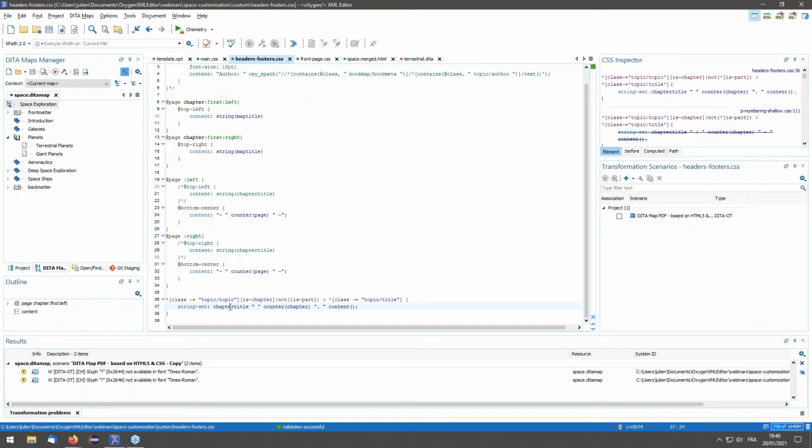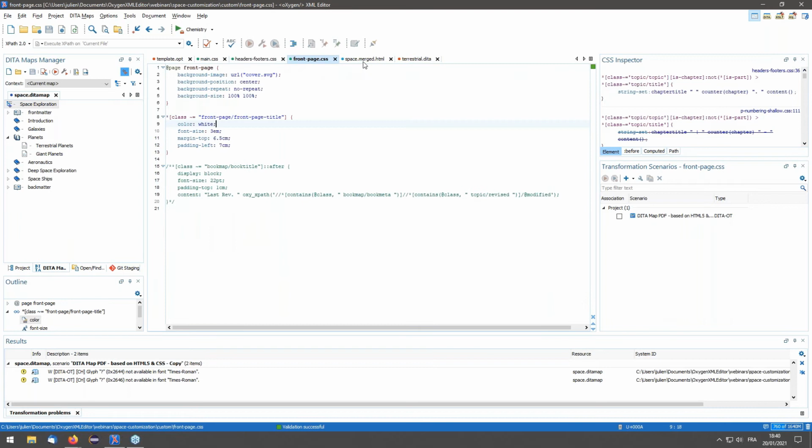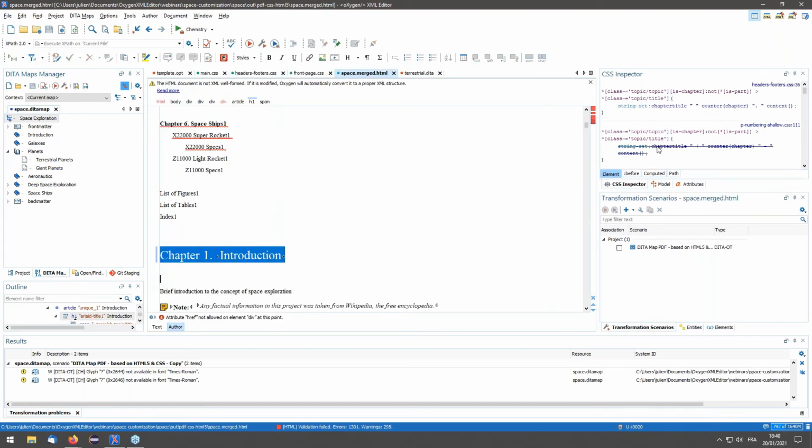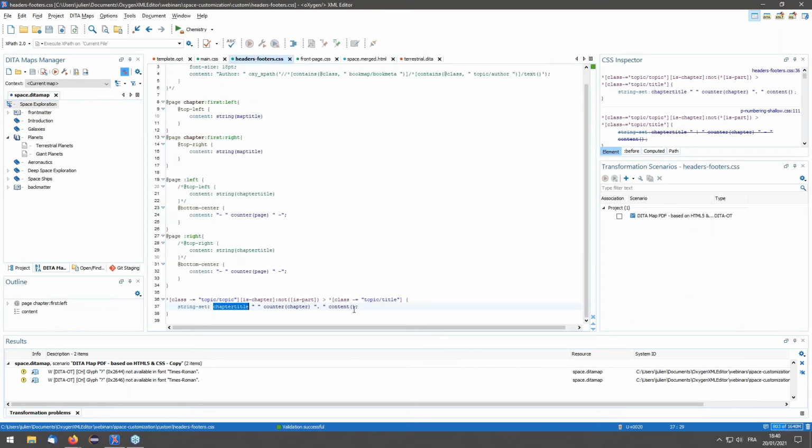So in my case, I just want to alter the chapter title. It's okay. I only have this one defined, but make sure that you have only one string defined in one place if you want to alter it and if it's already defined. So now that I altered it, I will get back to my previous page definition, the first containing the page